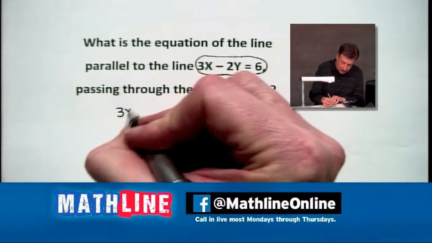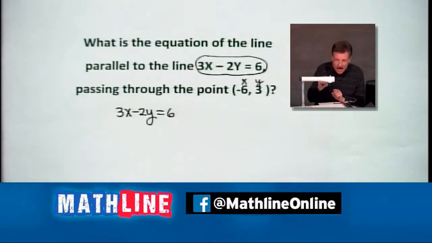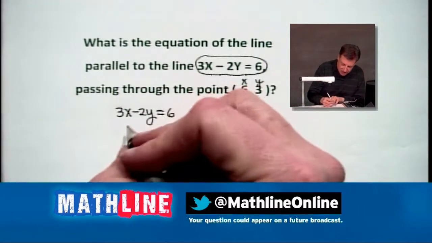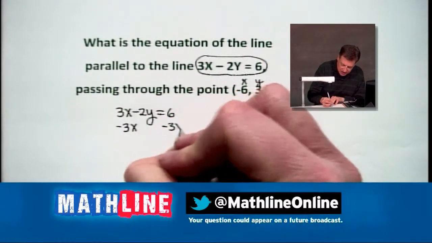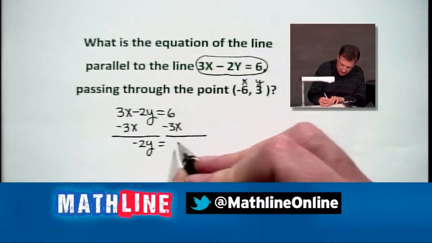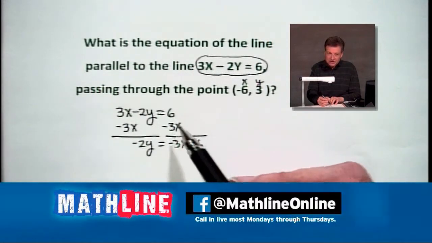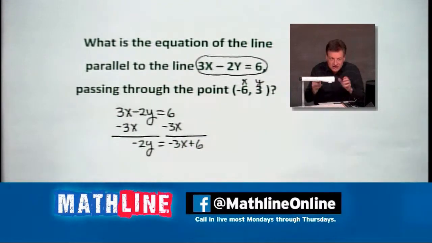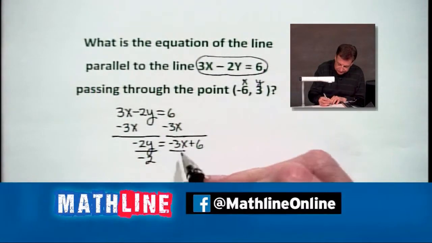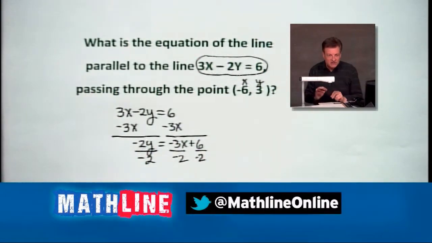So let's take that 3x minus 2y equals 6. We're going to get y by itself. Remember, it's all about y equals mx plus b, all right? Make sure y'all are awake out there. So let's subtract that 3x, and you've got a negative 2y equaling negative 3x plus 6. Now, careful. That's not a 6x, so we can't combine those. We've got to write them like negative 3x plus 6, all right? So that's the first thing to be careful with. Let's divide now by negative 2, and watch the sign changes all over the place there.